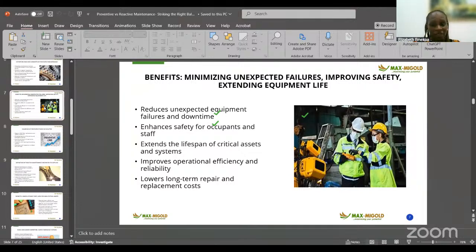Okay, so what are the benefits? Minimizing unexpected failure, improving safety, extending equipment life, okay? It's just as I've explained. It reduces unexpected equipment failure and downtime, and enhances safety of occupants and staff. When you're comfortable about what you've done, you know you've done it correctly, you will not have issues. Or else, out of the blues, you check your exhaust, you've checked your fan belt, you've checked the water coolant, you've checked everything. If you do this every day and you do it,